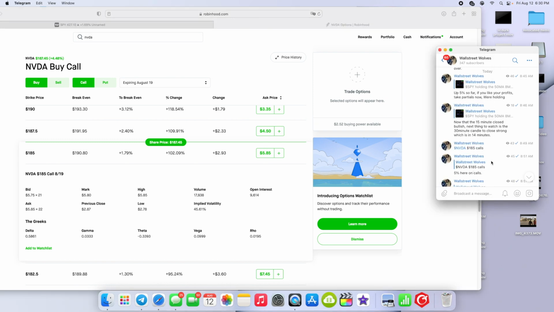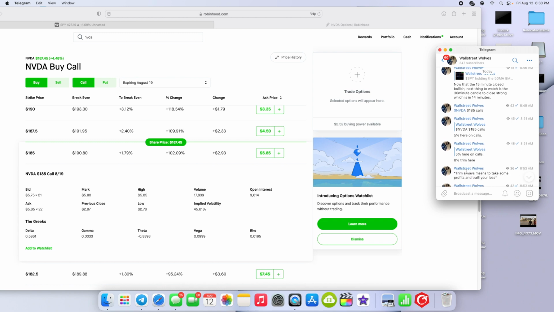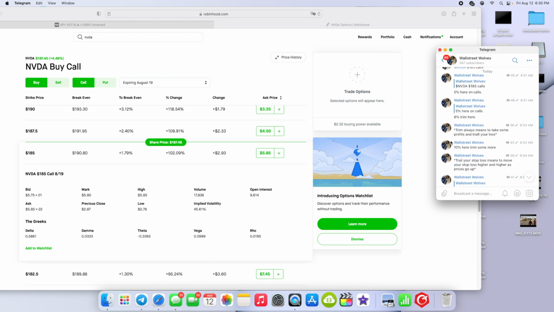NVDA went up 5%, 8%, and then trim. I tried to mention it earlier in the morning. Trim basically means take some of your profits off the table, secure it. And how do you do that? If you have more than one contract, let's say you have 5 contracts that you bought, right? Trim basically means you're gonna sell 1 or 2 of those contracts, maybe 3 or 4, and leave that one contract running